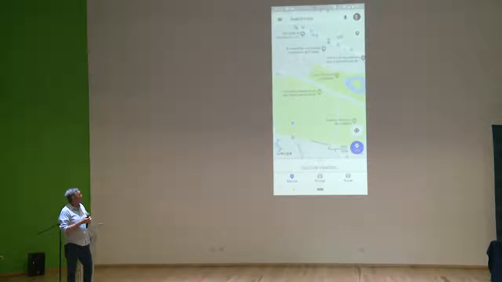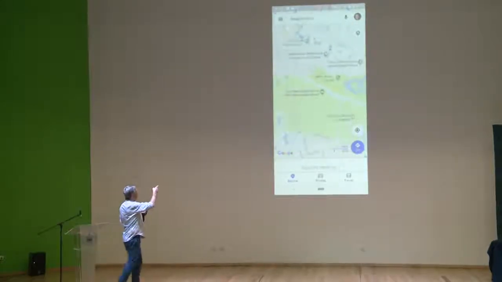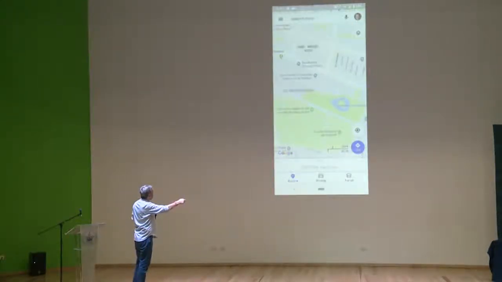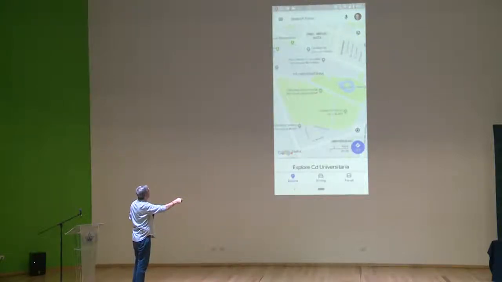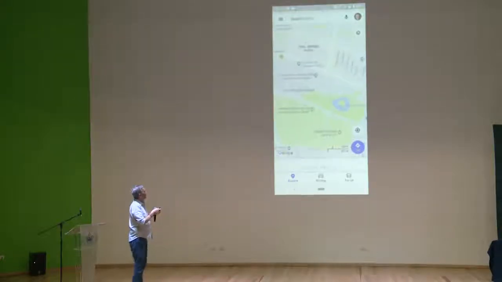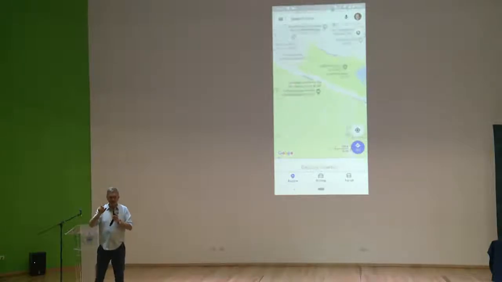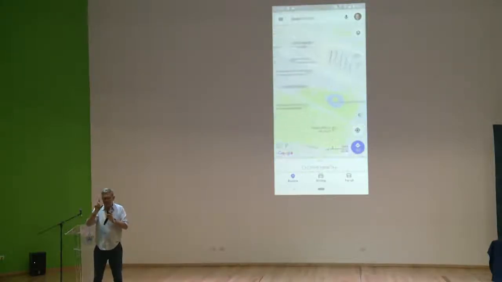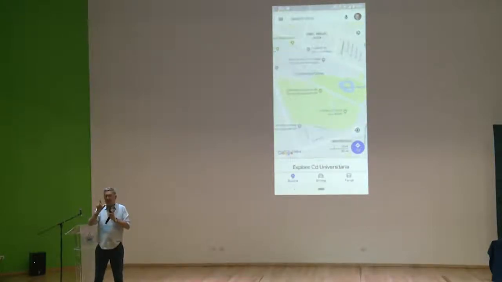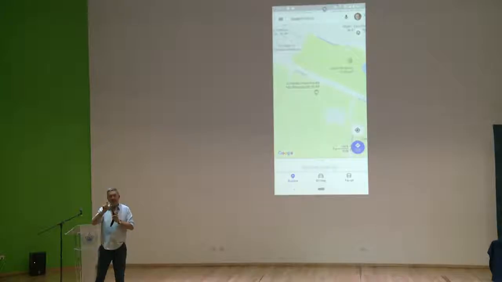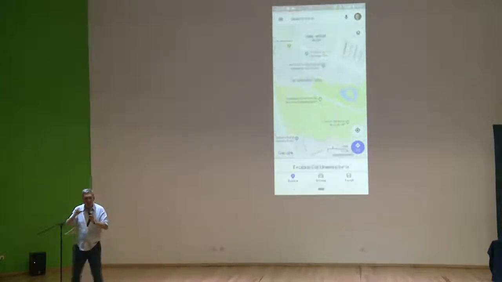So let me give you an example here. Here's Google Maps. I don't know if you can see, I'm doing a pinch to zoom. That's my finger, that's my finger. So in a sense, you can think of pinch as just being a simple gesture. But it's really a compound gesture, because pinch is one level, but if I take off my thumb, it's still a drag gesture. And if I take off my finger, it's a tap gesture. So even something as basic as a pinch can be broken down into smaller and smaller pieces.